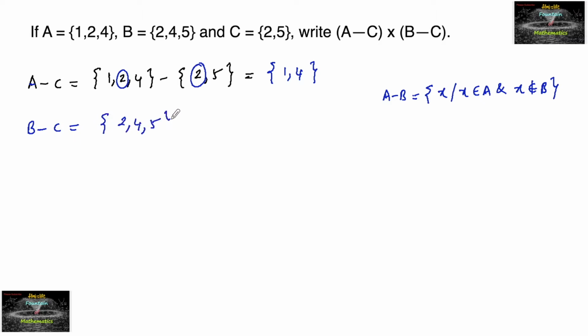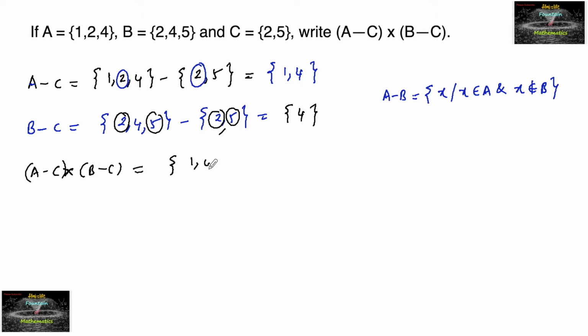{2, 4, 5} minus, and C is nothing but {2, 5}. So here we can observe that there are two elements common, 2 is common and 5 is also common. So the only element in B which is not there in C is nothing but 4. So we can write a set with only the element 4. Then (A minus C) cross (B minus C) is equal to